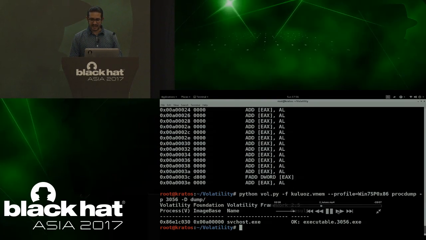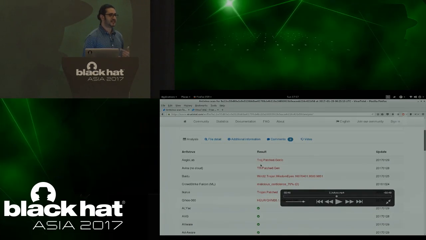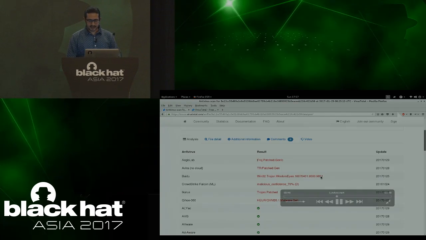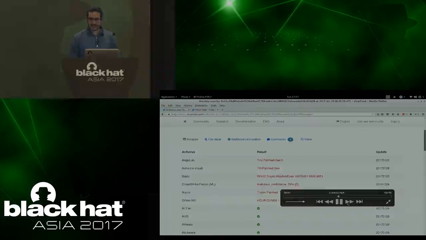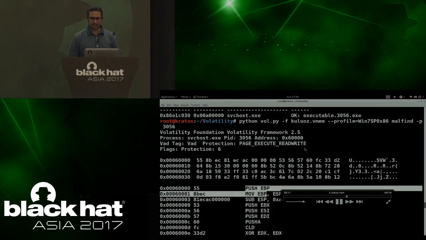Now let's say you are analyzing this, and let's say you submit it to VirusTotal. What will happen? AV vendors will also tell you that it's malicious. That is because of the heuristics, not because it's completely malicious. Because there are a few patched instructions, it is telling you that it is malicious. But everything here is giving a feeling that you found the malicious component. Neither the AV nor malfind will tell you there is a redirection. Okay? So which means you will be focusing your analysis on this. Now you might dump this, run it in a sandbox, reverse engineer it, analyze it. So that's exactly what I'm going to do.